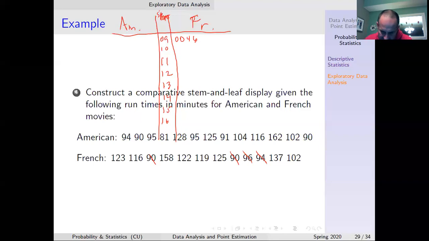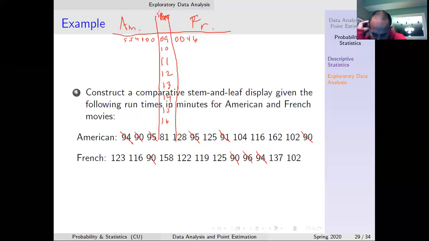Let's look at the American side. I see a 90. So there's a 0 right there. I see a 91. Oh, oops, I see another 90 actually down here. There's a 91. What else? Let's see, there is a 94 right here. There is a 90, there's two 95s actually. And actually I see